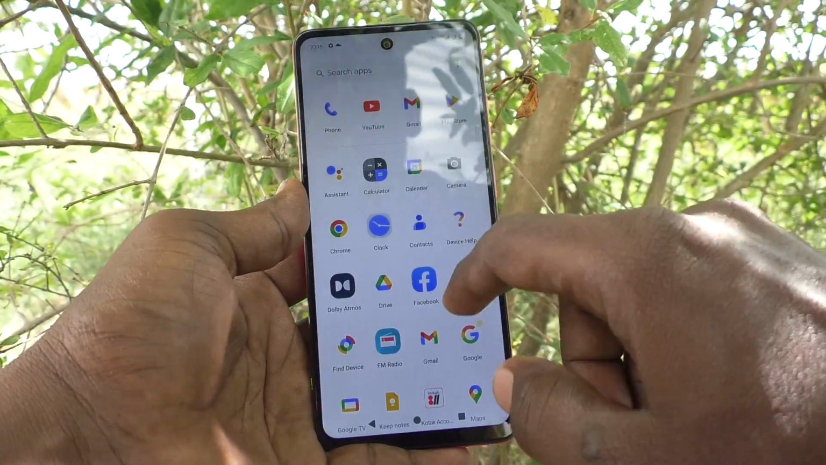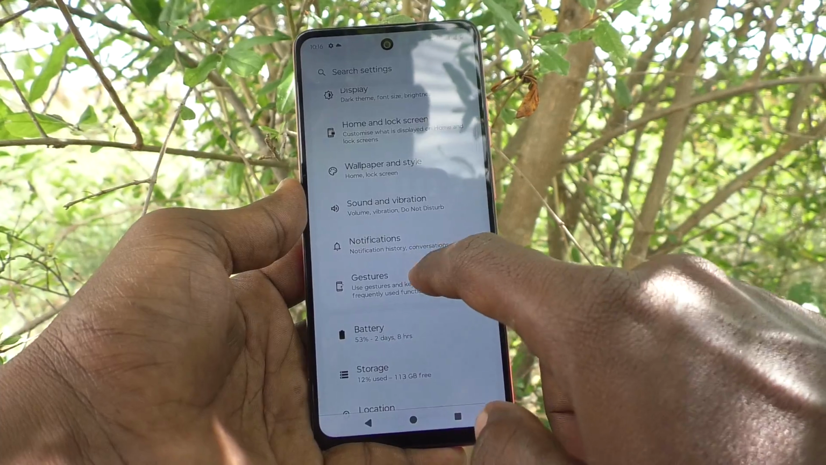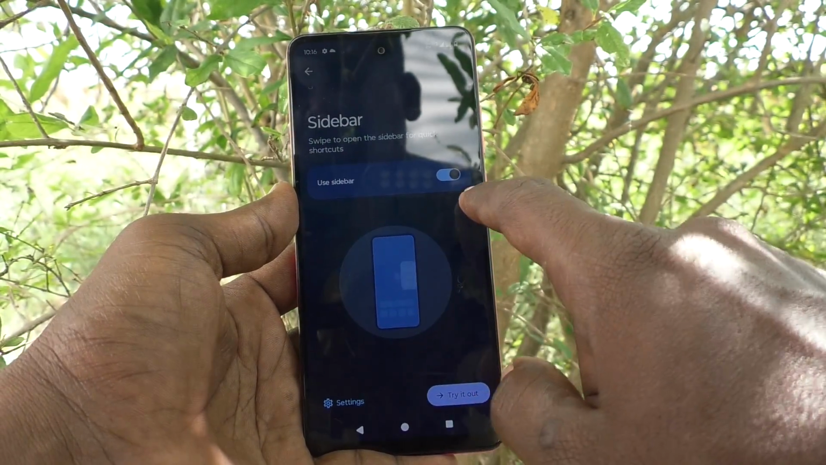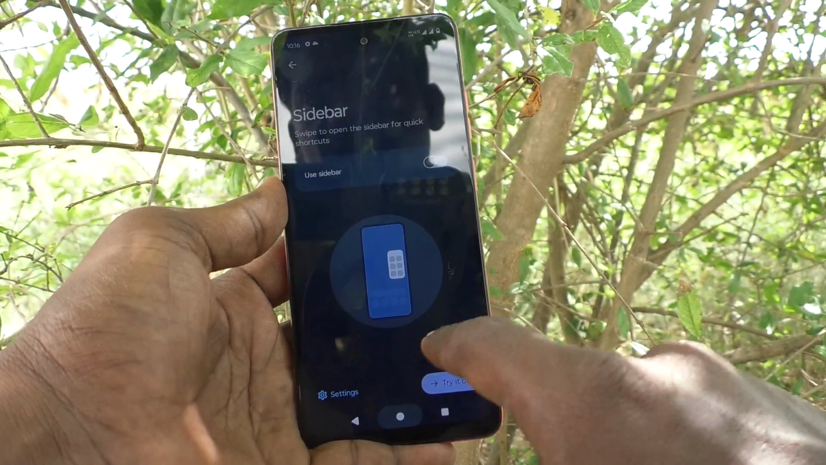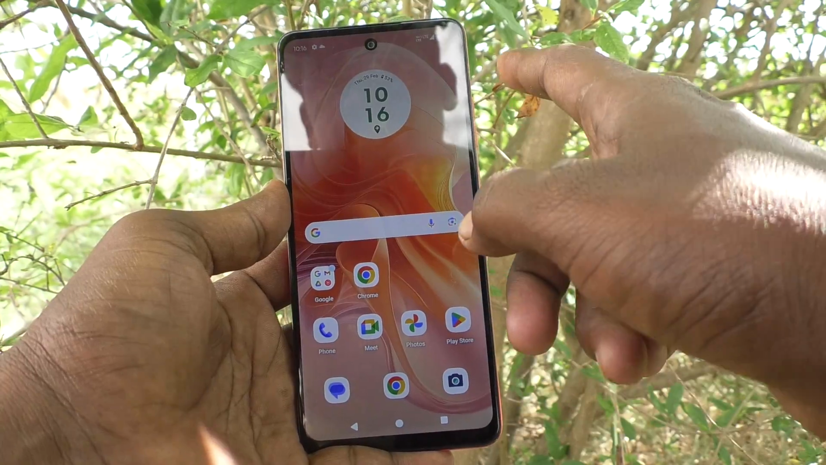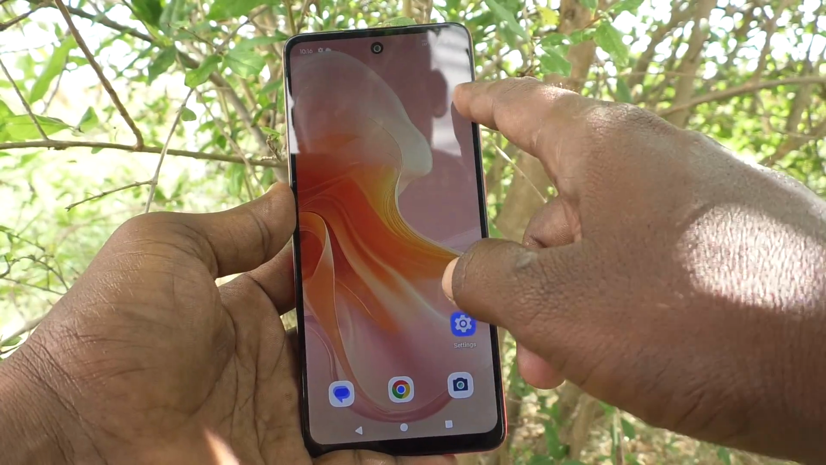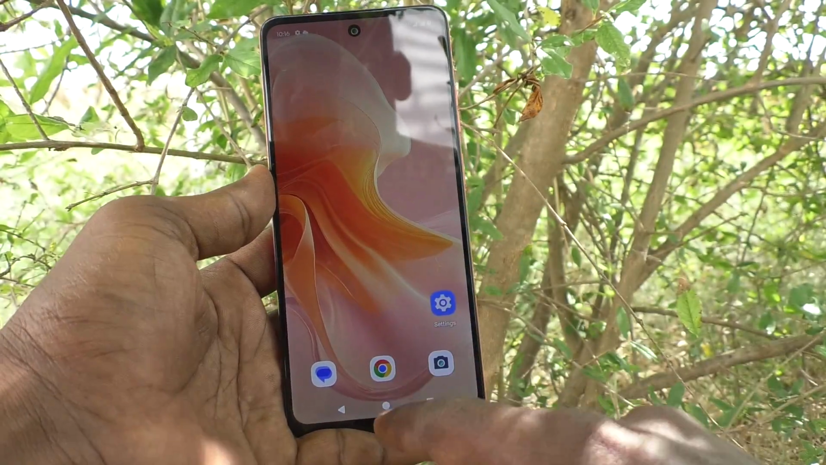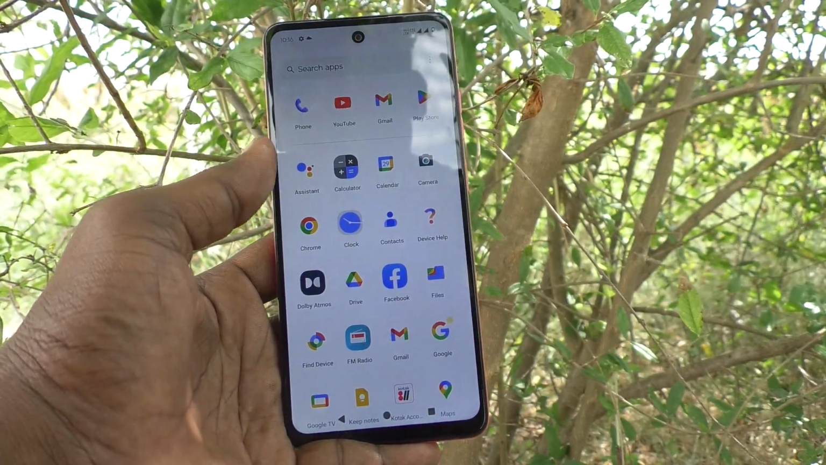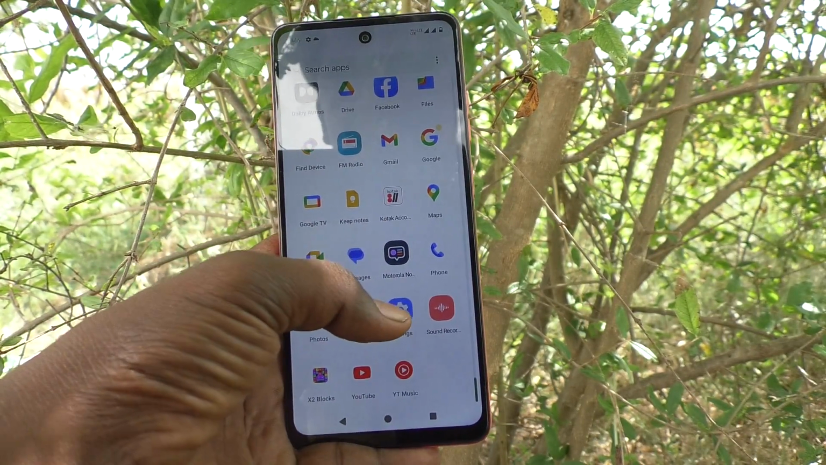What you got to do is go to settings of your phone, then go to gestures, and here select sidebar and turn off this button, use sidebar. Hereafter, if you swipe near the edge of the screen near the power button, there will not be any shortcut features opening. Okay, because sidebar is now turned off. So sidebar is deactivated. In this way, you can easily turn off or deactivate sidebar from